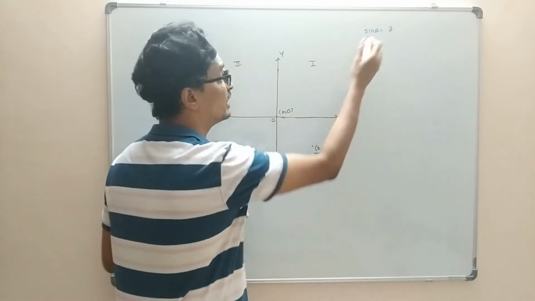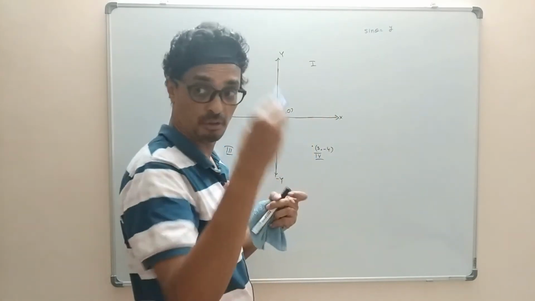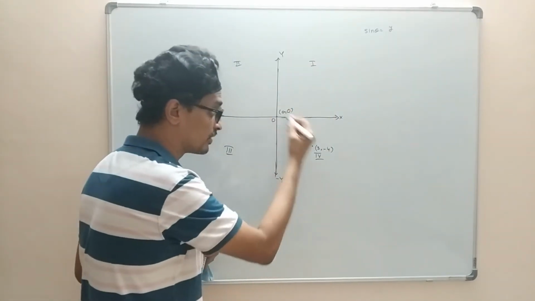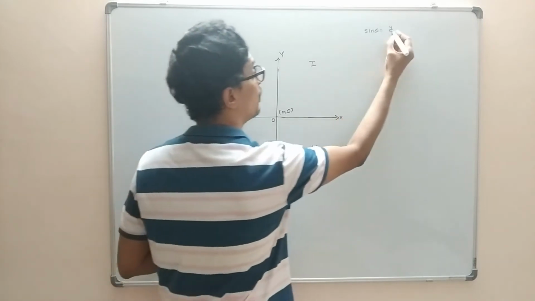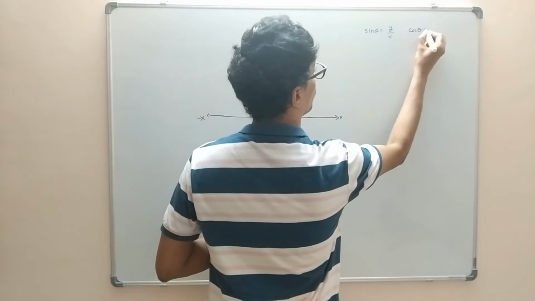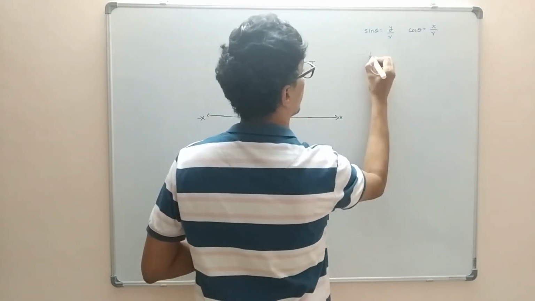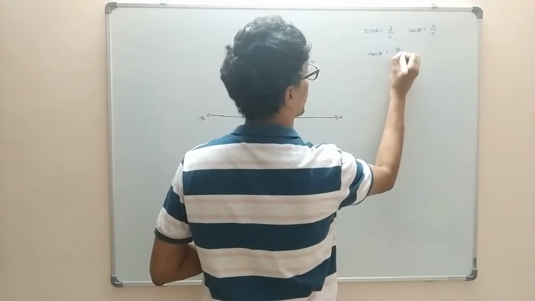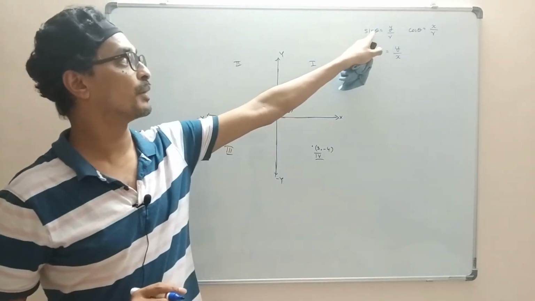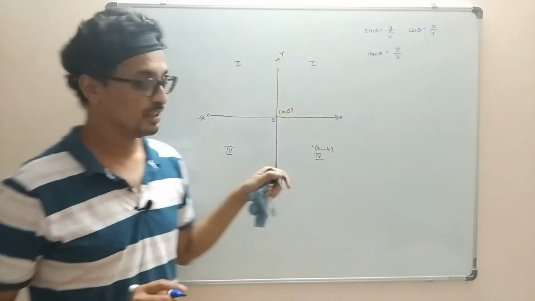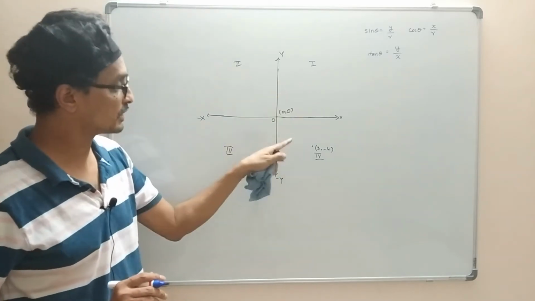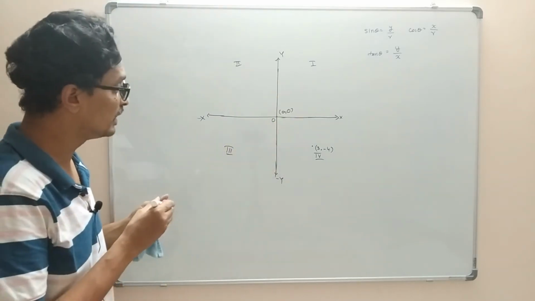So in that case, if you remember the first calculations, for a circle that is not a unit circle, where the radius is something else, sine theta will be y divided by r. Got it? And then cos theta will be x divided by r, and tan theta will be y by x. Okay. So only for the unit circle the r becomes 1, and then sine theta equals y, cos theta equals x. But here they are not providing a unit circle. Okay, in fact we have to find out r. We have x, now we have to find out r. R is nothing but this distance.